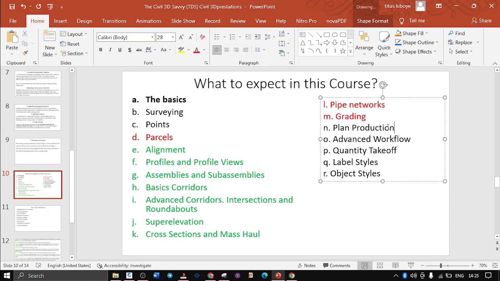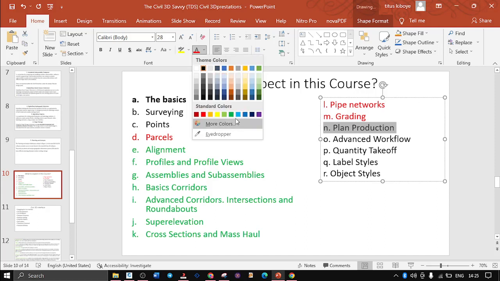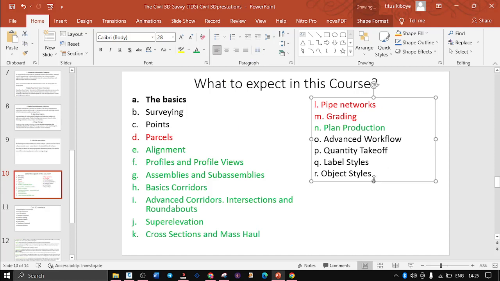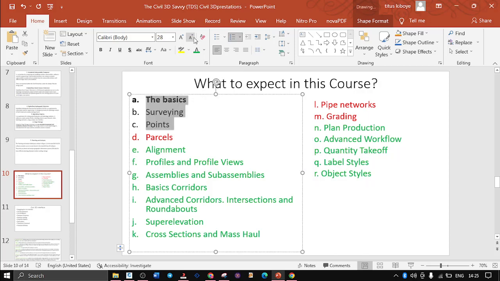I'm going to teach you plan production. I'm going to teach you advanced workflow. Perhaps all these others I'm going to teach you. Okay. So you see what you have? The green ones are the ones I'm going to teach you. Then the ungreen ones I'm not going to teach you, because